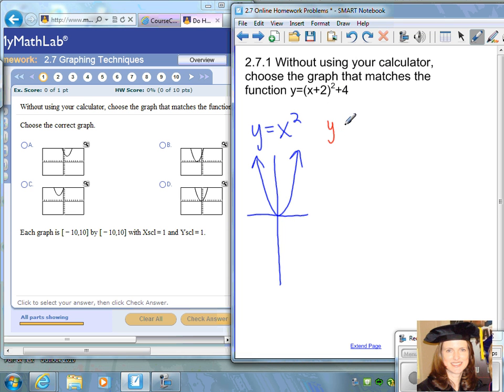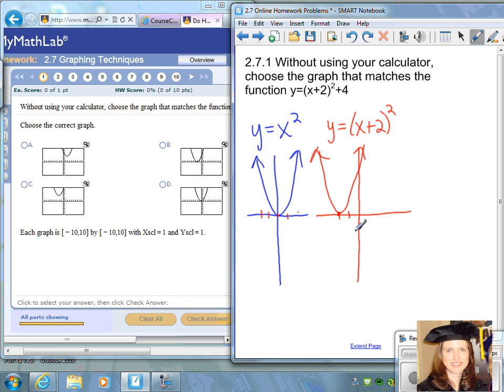And what that does, the x plus 2 in the parentheses, actually makes this entire graph shift over 2 units. So our new graph would look like a parabola. Instead of the vertex being right here at the origin, it's going to be shifted to the left 2 units. If it's a plus 2, it gets shifted to the left 2 units. If it's a minus 2, it actually gets shifted to the right 2 units. And this graph would be a parabola that opens up, just like the previous one that's been shifted over 2